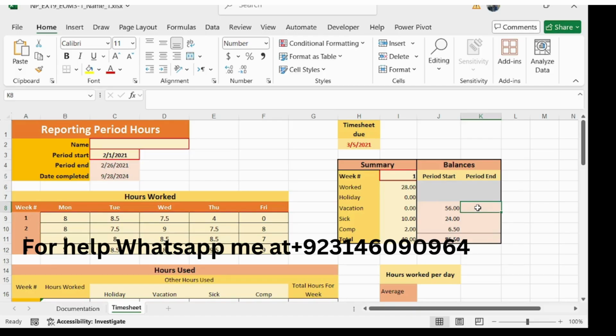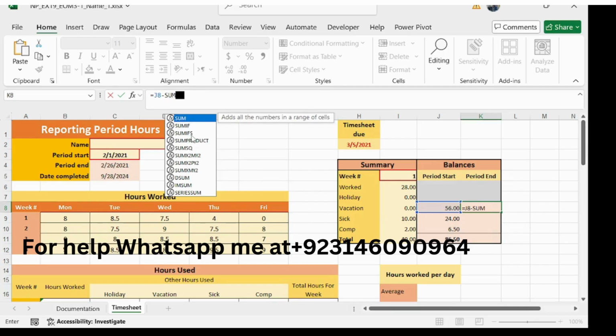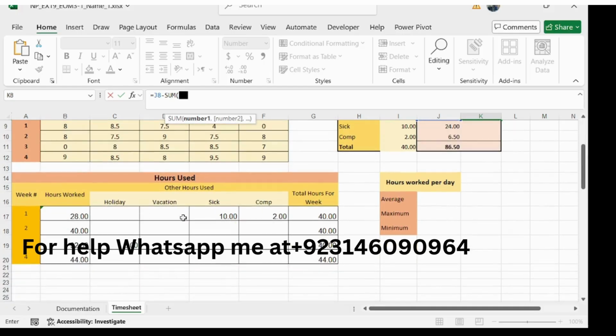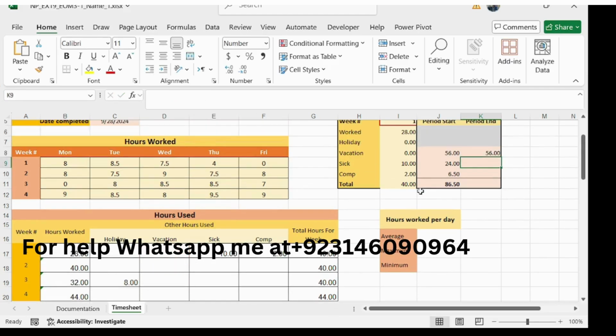Create a formula using the sum function that calculates the total of the range and subtract it from J8. So type is equal to J8 and subtract sum, type sum and then select the range D17 to D20 like this and close the bracket and press enter. So we have got our values here and we have completed our 8th step here.